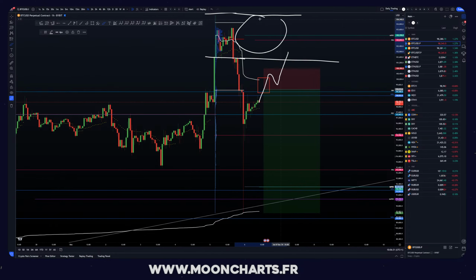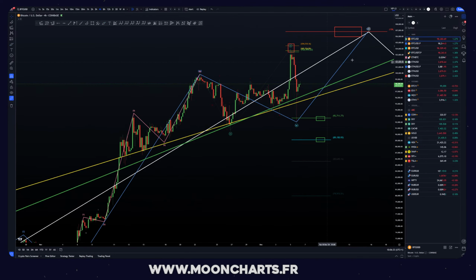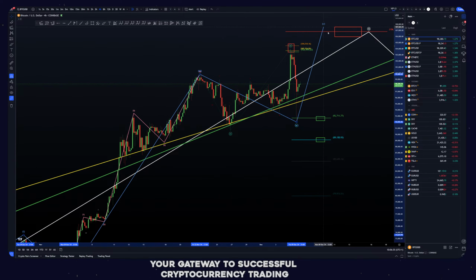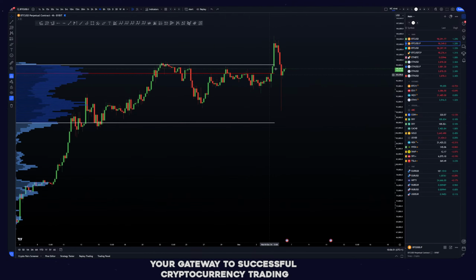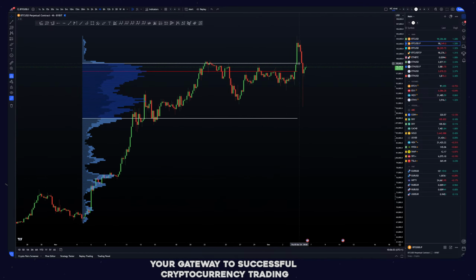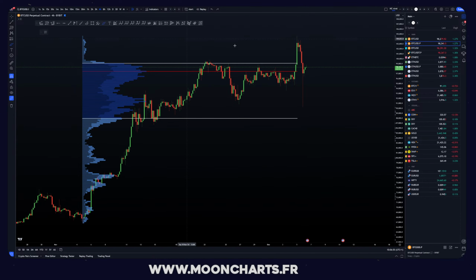until it breaks. But what is the plan here with the wave? To look for a wave 5, to look for a new all-time high again. So if we do reclaim this zone of resistance, I will look more likely for a new all-time high. Maybe a bit of a rejection here for scalpers, but normally overall we should go for a new all-time high. So this is a very key target. Simply by taking this fixed range, if you do reclaim this value area high, this is again a sign of strength, and so we can look for most likely a new all-time high again.